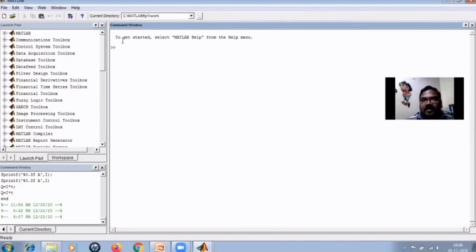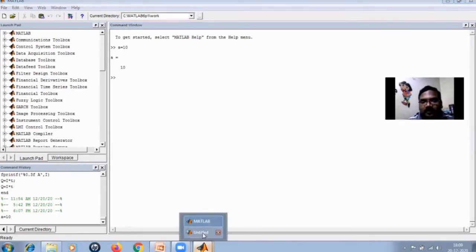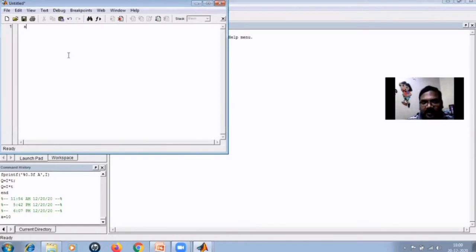In the command window, whatever we type, say for example A is equal to 10, we get the result there. But when we go to the editor window and type A is equal to 10,